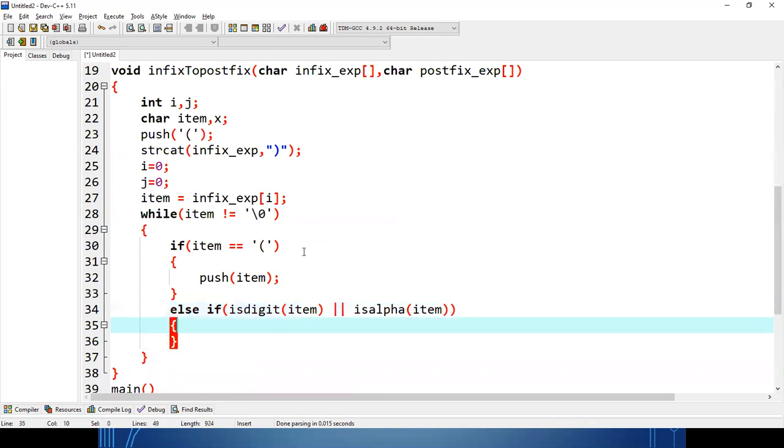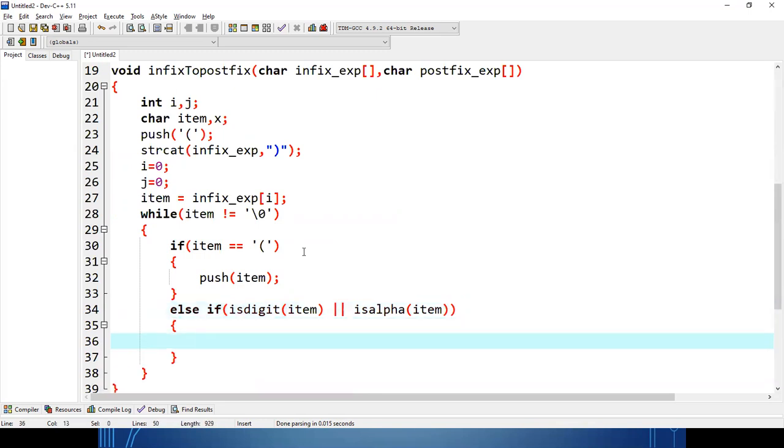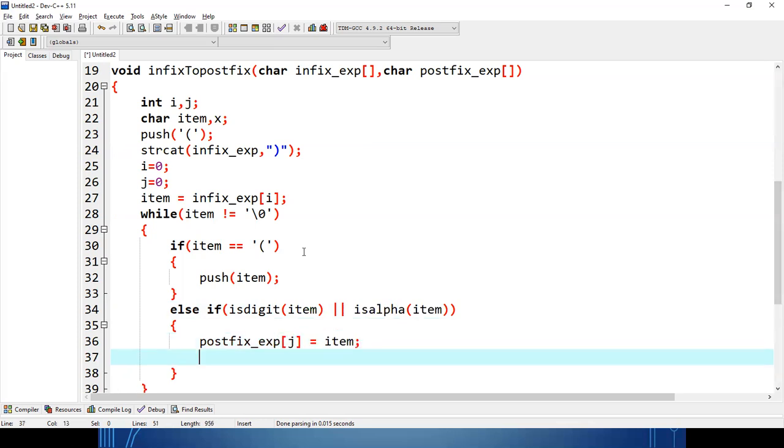If either is true, whether it's a number or an alphabet, it is considered an operand. Whenever I encounter an operand, I directly store it in postfix, and after that I increment j because the next value will be stored sequentially in the postfix expression.